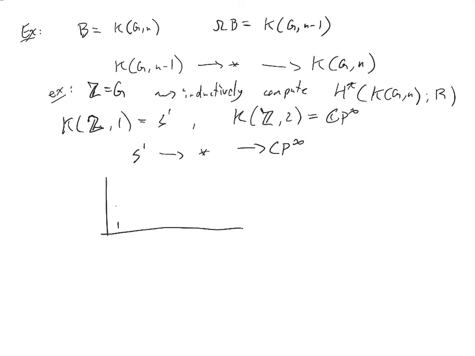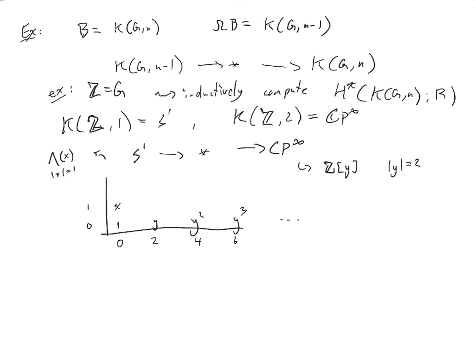for S1, you've got a generator in degree 1. And for CP infinity, we know we have a polynomial algebra in degree 2, 4, 6, etc. Right? So this is giving us a polynomial algebra. Let's just write that as Z adjoin y, degree of y is 2. And this is giving me an exterior algebra on x, and degree x is 1. And what you can check